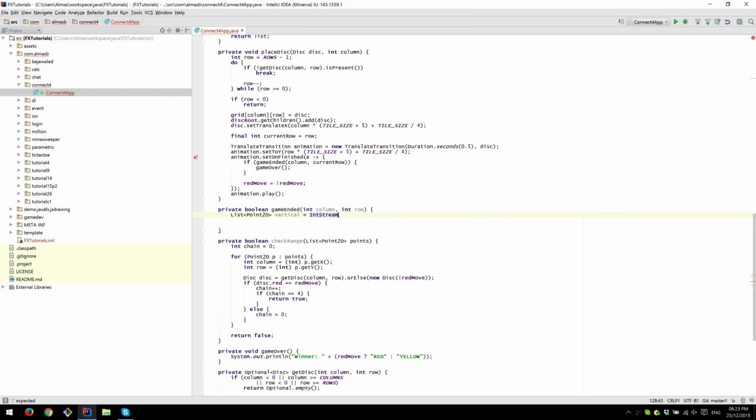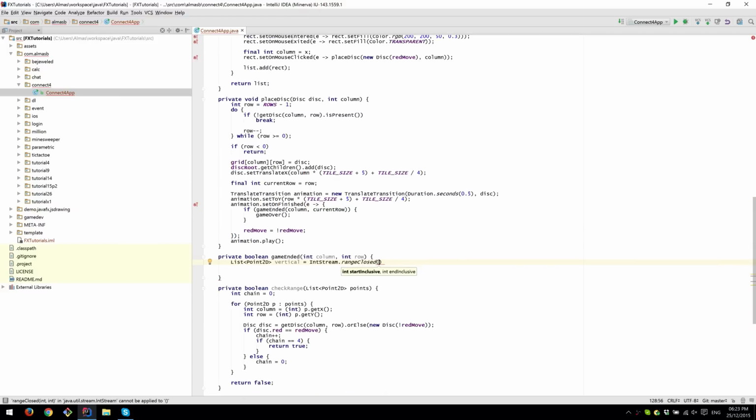We take the int stream. So if it can be done with streams, I usually prefer to do it with streams because I quite like streams. Kind of gives you a functional feeling. Range closed. Vertical is rows, so it's row minus 3, row plus 3. So column and row, these two give us the coordinate of the position where we place the disk at the moment. Row minus 3 gives us the